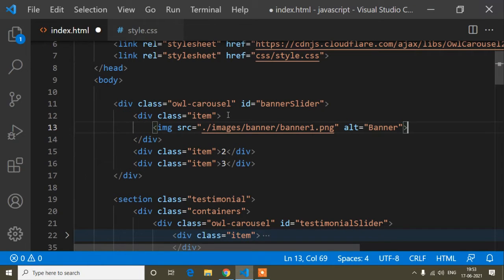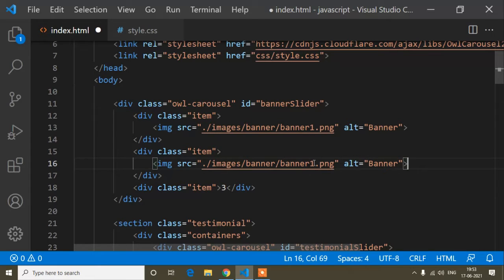So guys, if you don't know, the alt tag is used if your image path is missing, I mean this path is missing or the path is wrong. Suppose instead of banner 1, you write banner 14, and I don't have any image with that name, so here it will be a blank image. At that time the alt tag will help. If the image path is missing or the image is blank, you will get whatever content you pass in this alt tag. So that is the alt tag, and it is used for SEO purposes.